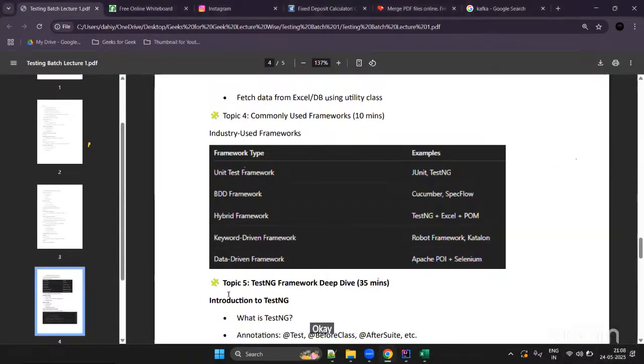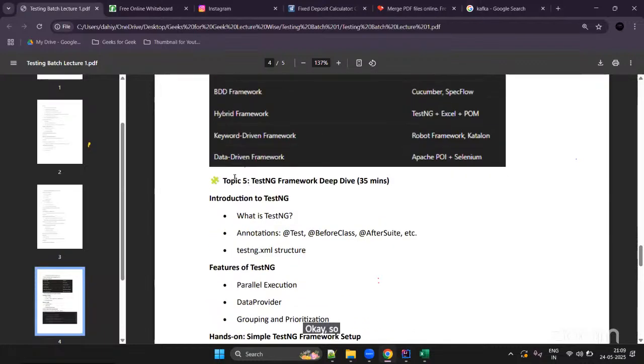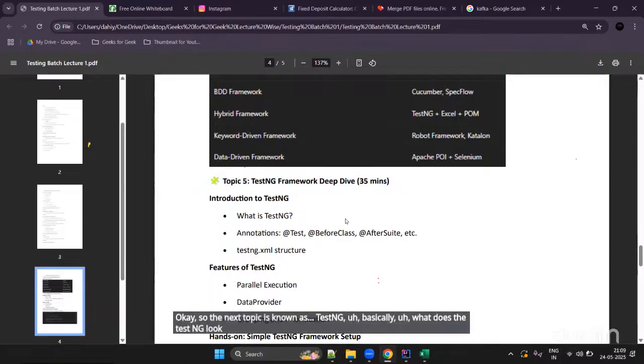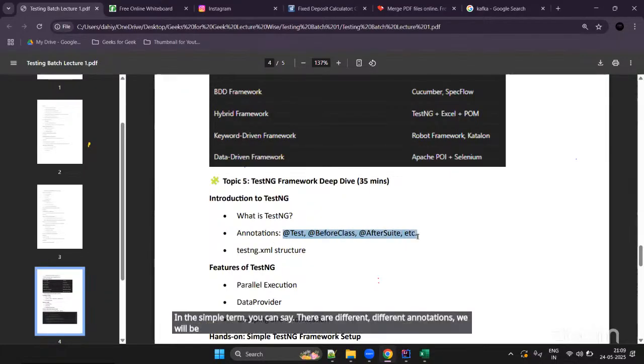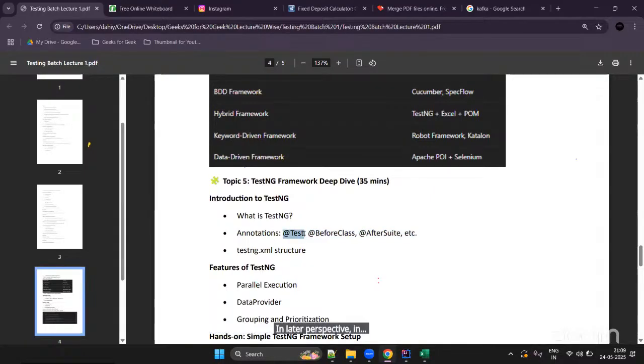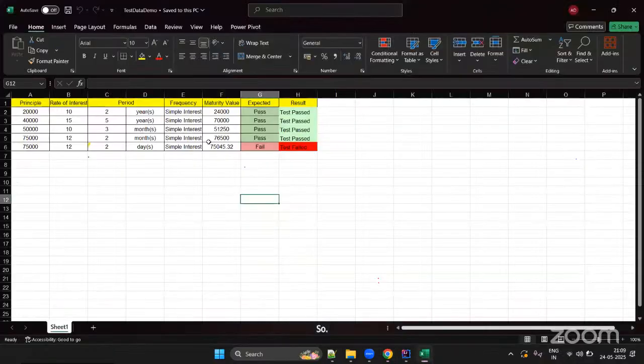Okay. So the next topic is known as TestNG. Basically, what does TestNG look like? TestNG is used only for executing, in simple terms. There are different annotations. We will be covering every annotation from a later perspective. As for a manual tester, so you have written